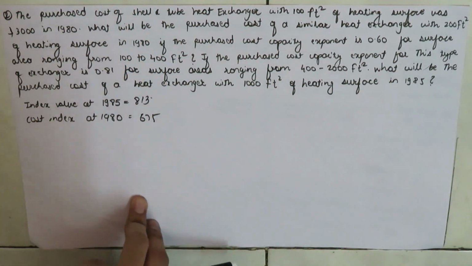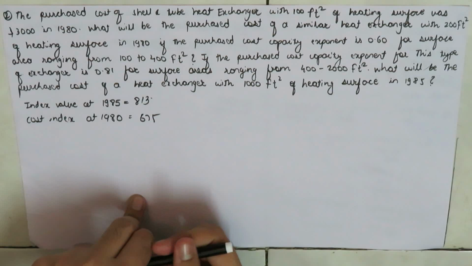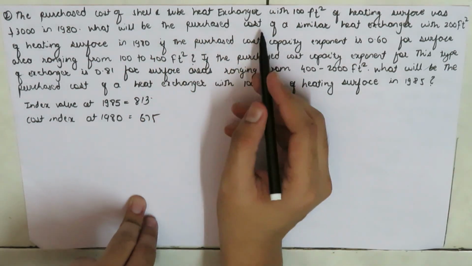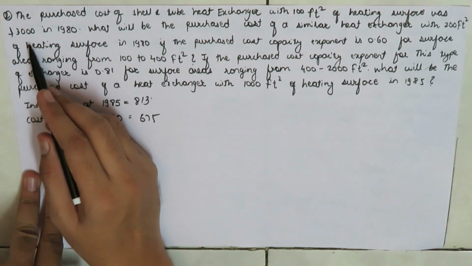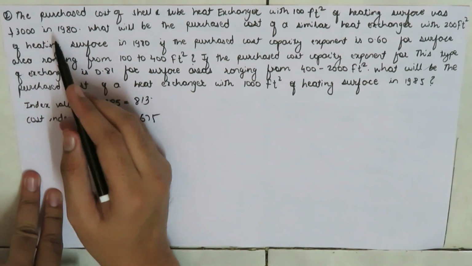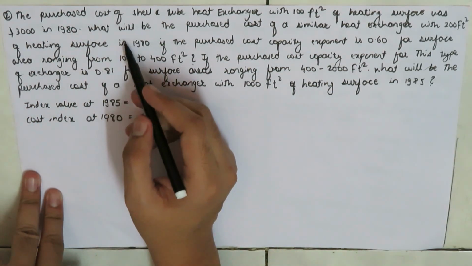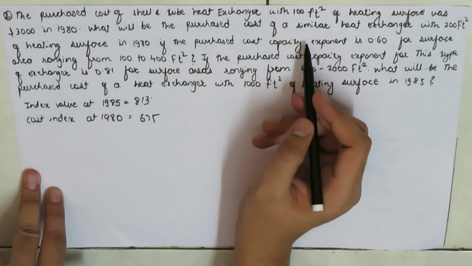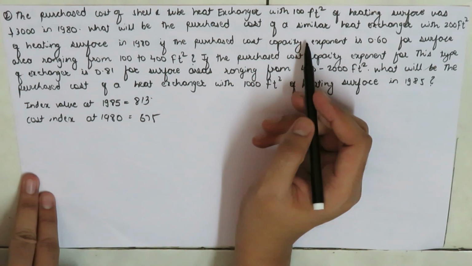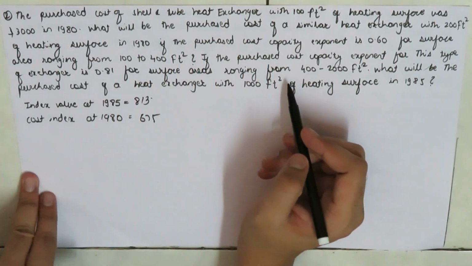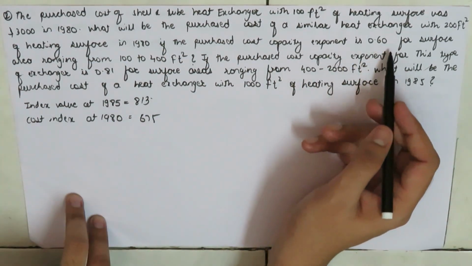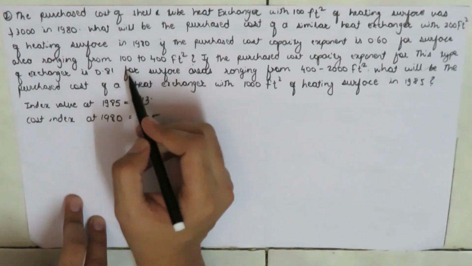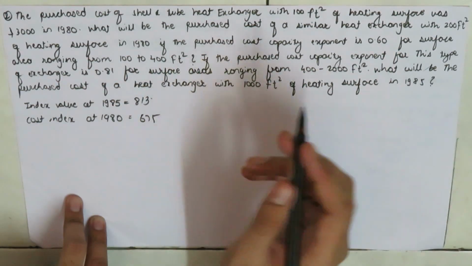And in this case, we have the purchase cost of the shell and tube heat exchanger with 100 feet square of the heating surface was $3,000 in the year 1980. What will be the purchase cost of the similar heat exchanger with 200 feet square of the heating surface in 1980 if the purchased cost capacity exponent is 0.60 for the surface area ranging from 100 to 400 feet square,